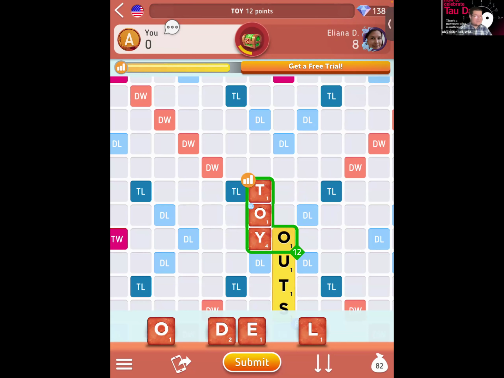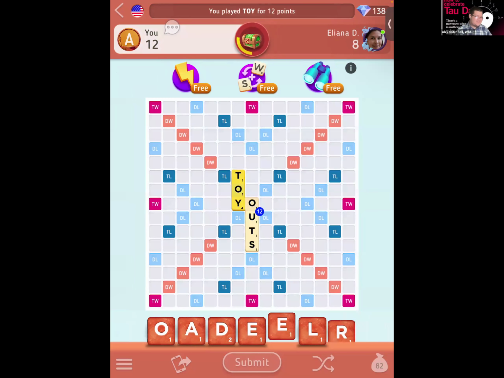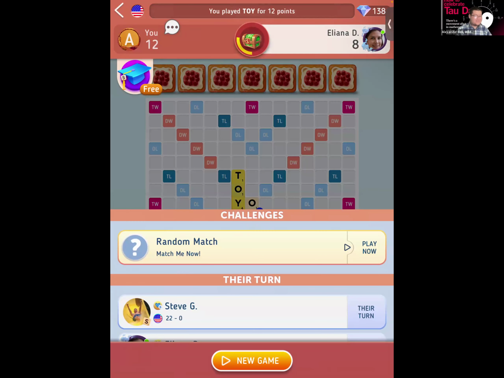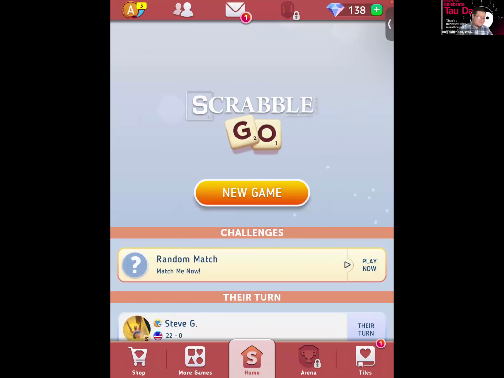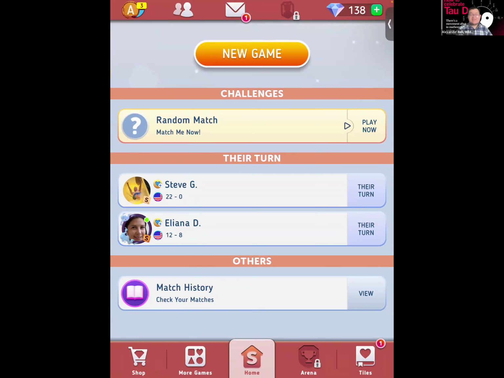So I used to love playing Scrabble. It was a lot of fun. So you see, even without a double word tile, we're able to make more points than this other individual. But yes, that is Scrabble Go, essentially. The more you play, the more mini games that you unlock. But it's literally like playing Scrabble, but just on your iPad. You don't have to worry about tiles or setting up. You can just play on your iPad, and it's very fun and convenient.